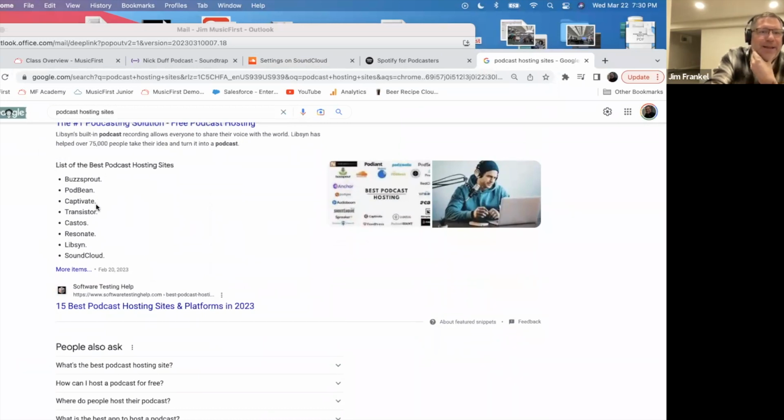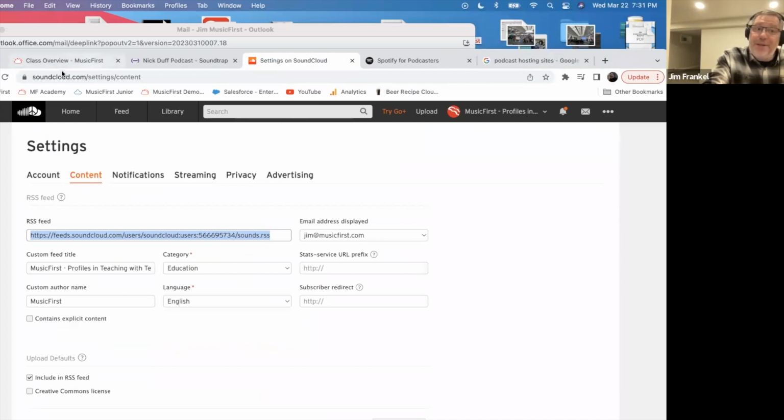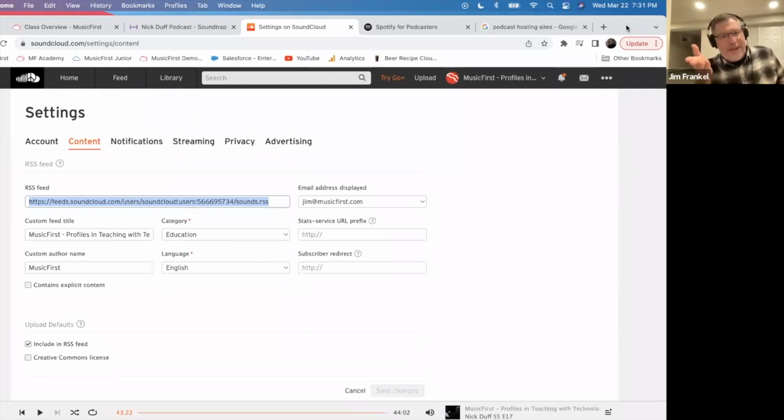Buzzsprout, Podbean, Captivate, Transistor, Castos, Resonate, Libsyn, SoundCloud, right? I personally like SoundCloud because I used to use SoundCloud for other things, for sharing audio. So I already knew SoundCloud, and that's the only reason I chose it. Some podcast host sites are more expensive, some are less expensive, but this is right here the most important thing.